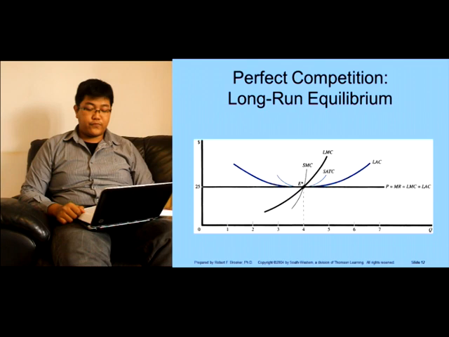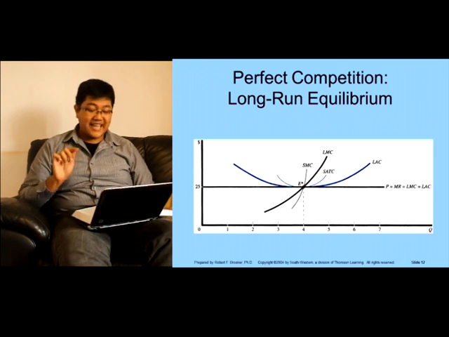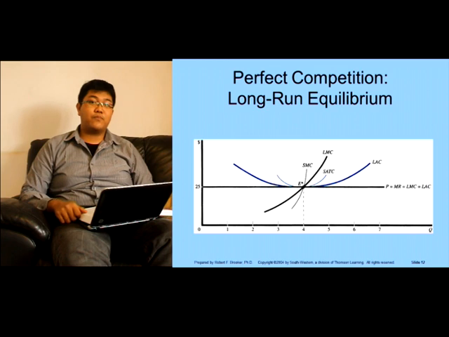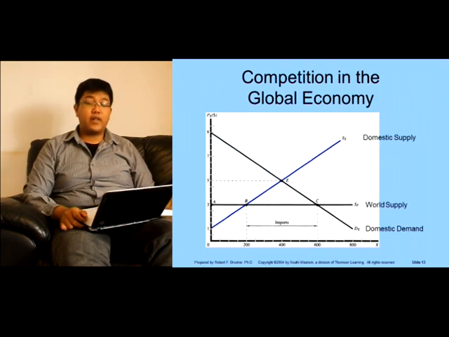Long-run equilibrium of the perfectly competitive firm and industry. The best level of output of the perfectly competitive firm at P equal to 25 is 4 units and is given at point E, at which P is equal to MR equal to LMC and equal to the lowest LAC. Because of free or easy entry into the market, all profits and losses have been eliminated, and the firm produces at the lowest point on its LAC curve. The firm operates the scale of plant given by SATC at its lowest point, so that SMC is equal to LMC also.